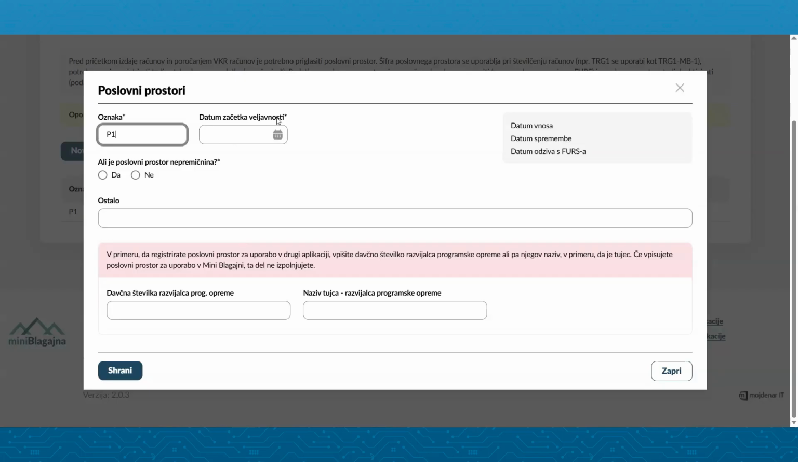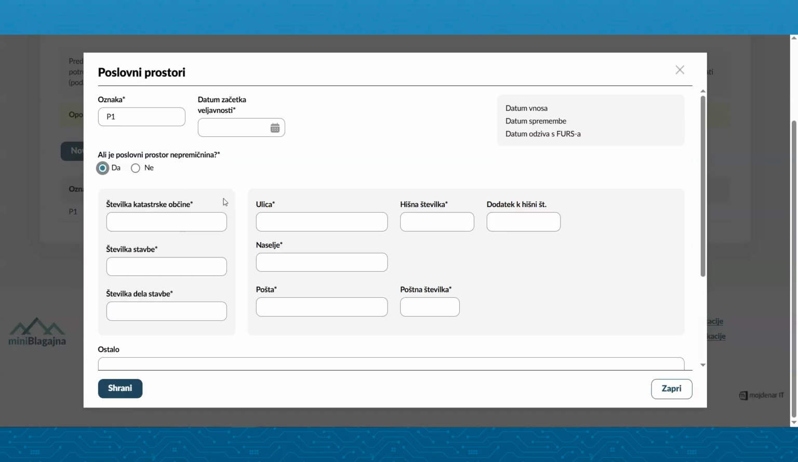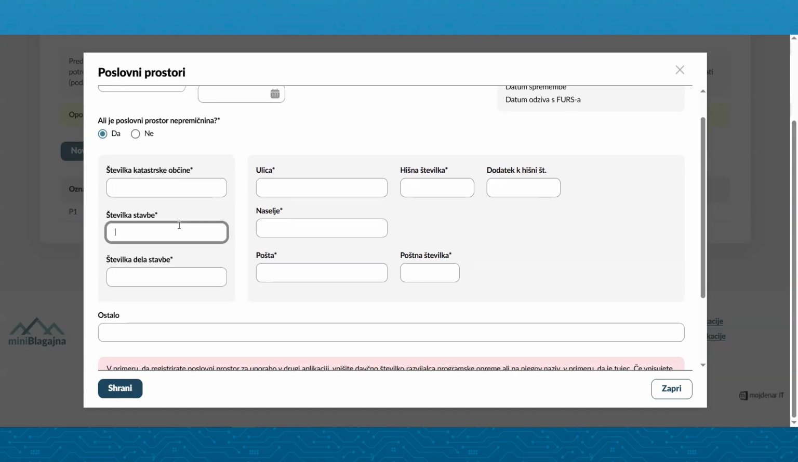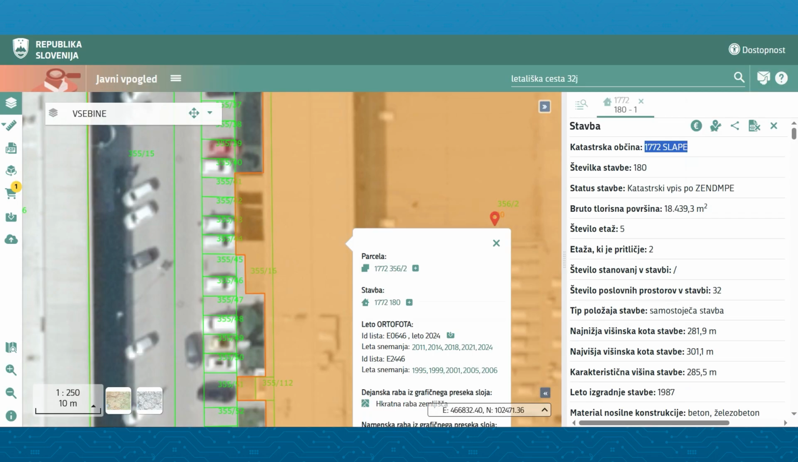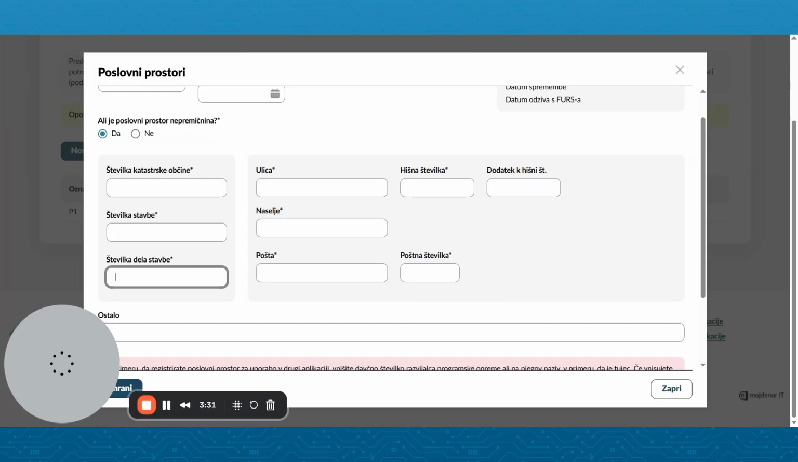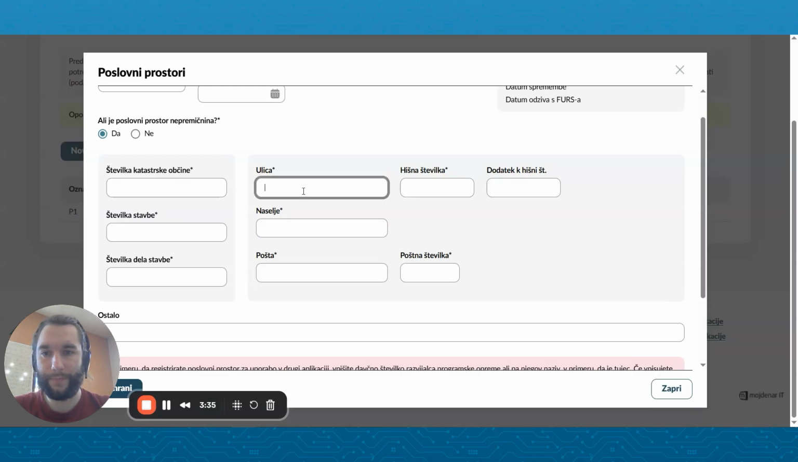We have to enter the beginning date, which is the date that you have registered your business. And then you decide, is the business unit a movable object or immovable object? Most likely it's an immovable object, and this leads you to a couple of new things that you need to fill in, which is a bunch of details about the immovable object. So this is found on this link. I can't enter it here. On this link,